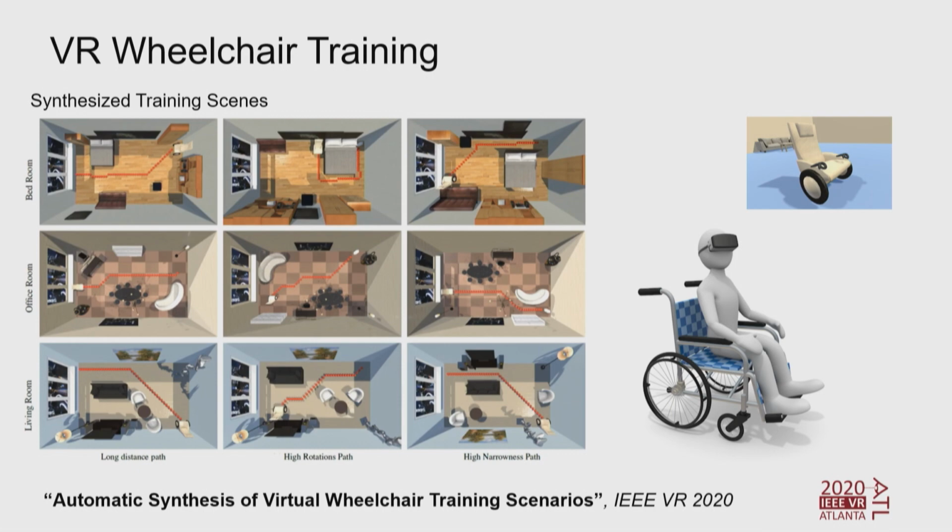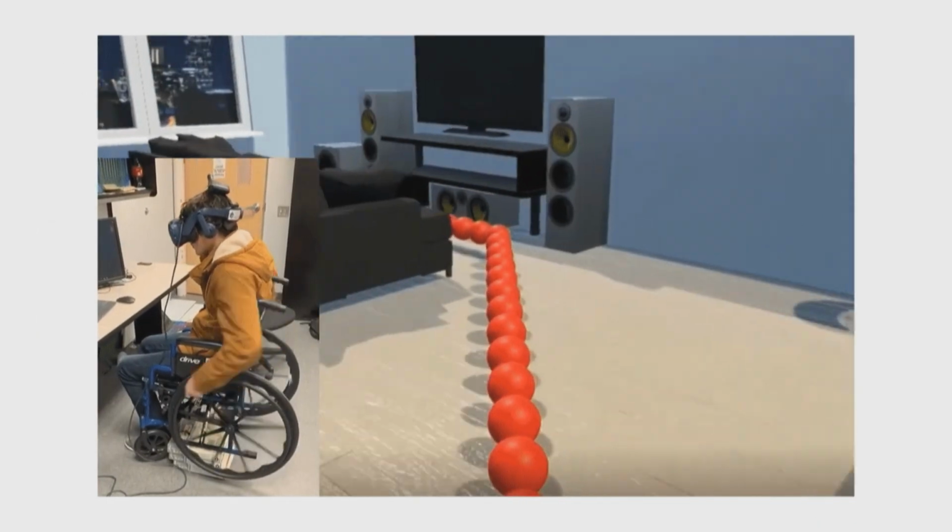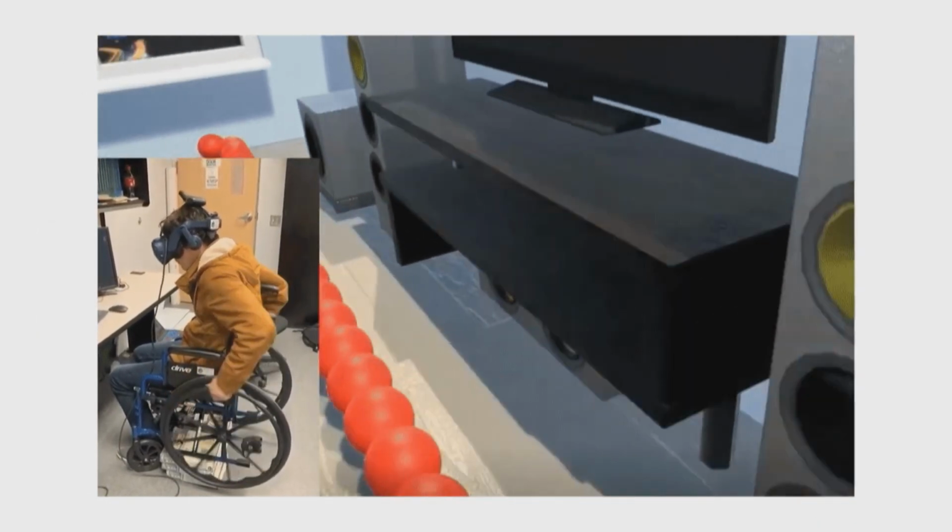This methodology could also be used for other training. For example, we also applied it for wheelchair training, right? Imagine if someone has a car accident and needs to go on a wheelchair, it takes some training for the person to get used to it. In this case, the skills involved are, for example, how to rotate and orient the wheelchair, how to accelerate, how to handle the situation if there are lots of obstacles. And similarly, we are able to generate lots of scenarios for people to practice in virtual reality.